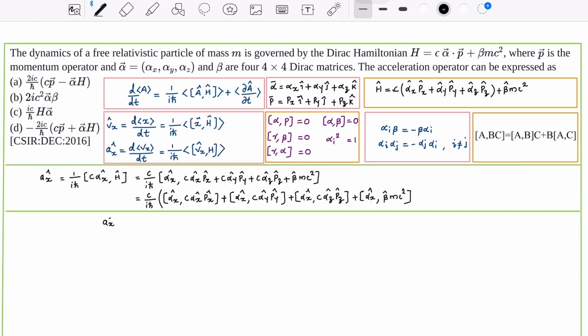Now let us find the value of the acceleration operator. This is c by i h bar. The first term is 0. The second term is 2c alpha x alpha y py. The third term is 2c alpha x alpha z pz. And the fourth term is 2mc square alpha x beta. This is equal to 2c by i h bar, then